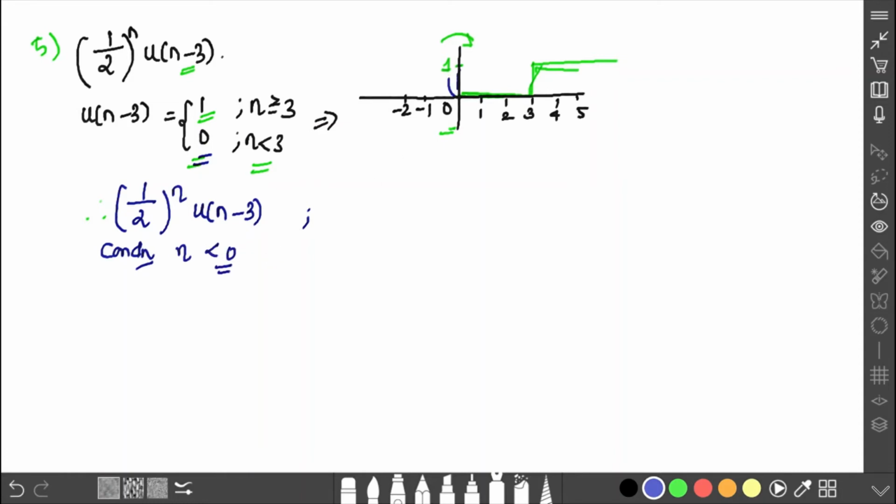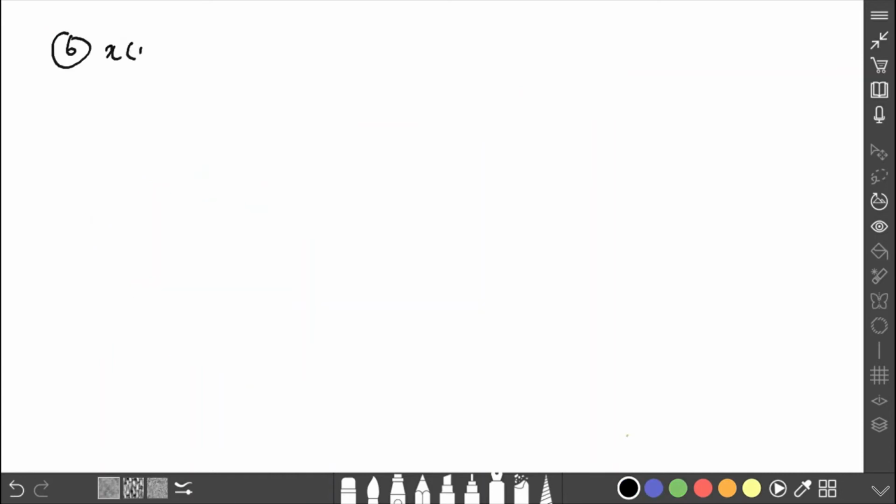So our next example, for a given signal, let us take the sixth problem. Again a simple problem. x of n is equal to u of n plus 3 minus u of n minus 4. So u of n plus 3 is nothing but, from this problem you could see directly from previous